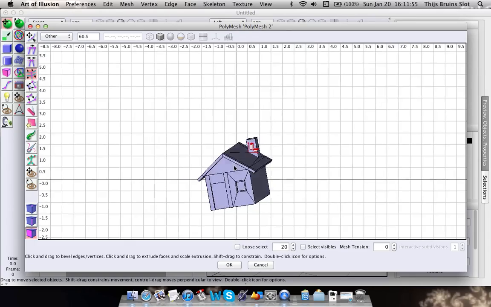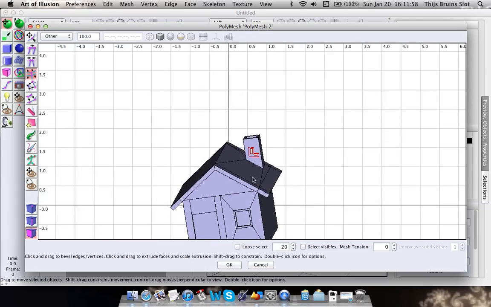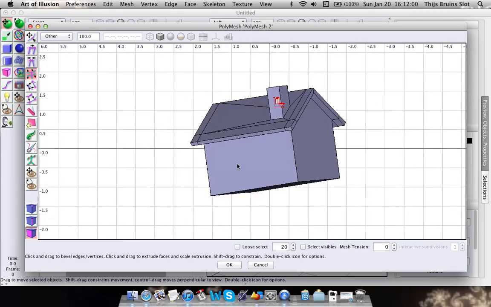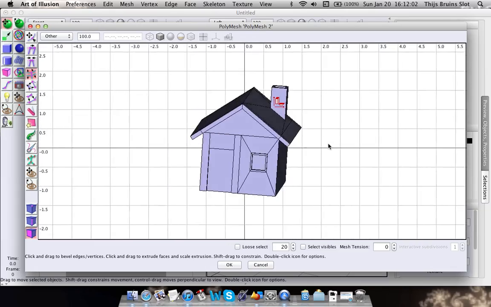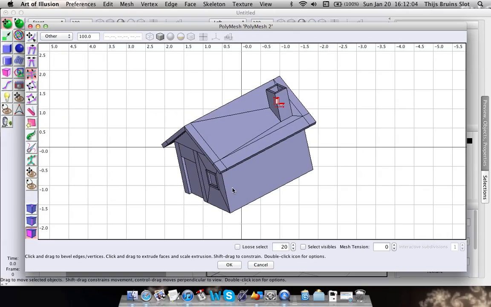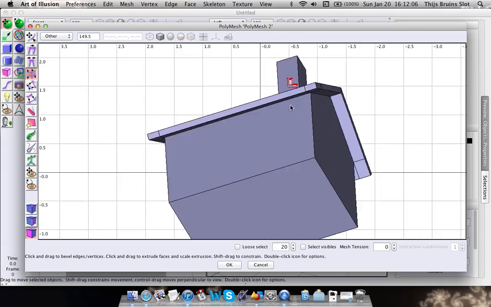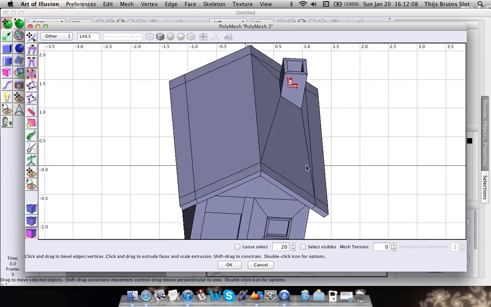So I hope this was helpful. Here's our little house, and I hope you can now mess around a little bit with the polymesh tool. These were only the basics. There is a lot more still to it,